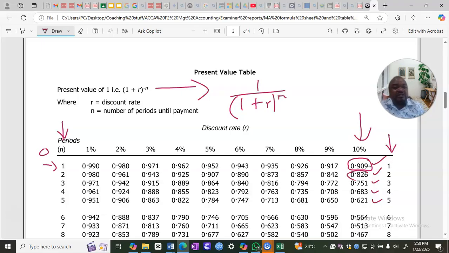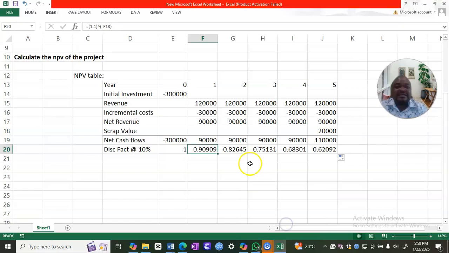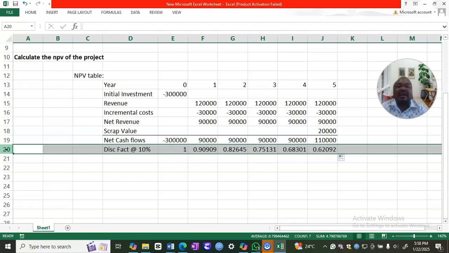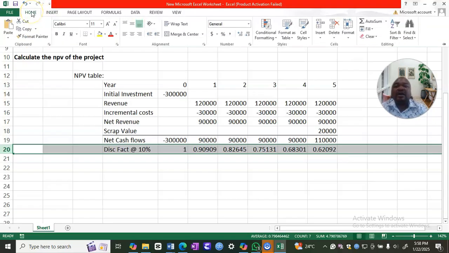Similarly, in year 2, it's 0.826, and if you check with your Excel, it is saying 0.82645. So the difference is in rounding. Are we together, ladies and gentlemen? So that shouldn't be a worry. You can as well adjust the rounding by coming to your this